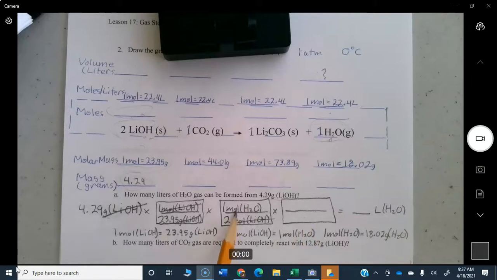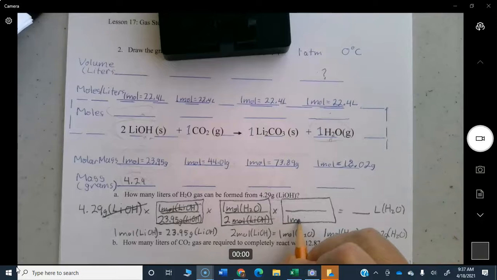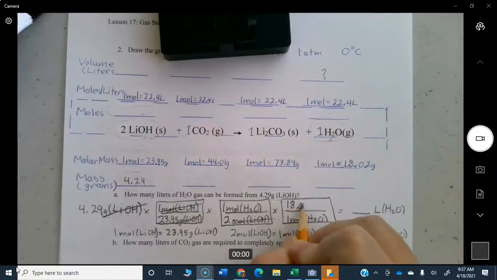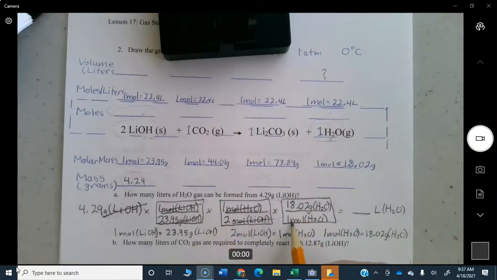It's got to be the same as the one on the top there. Moles of H2O, moles of H2O. Last man standing is grams of